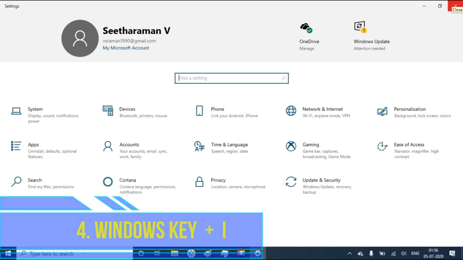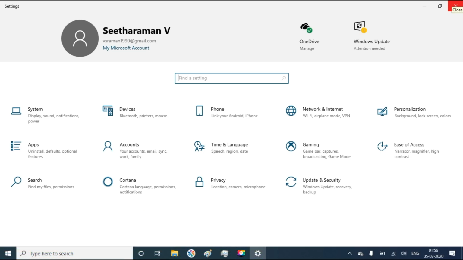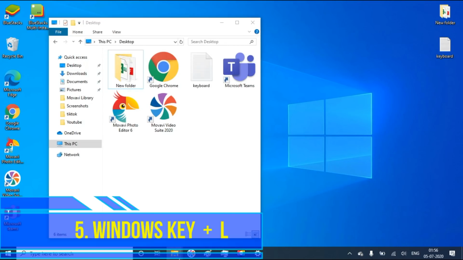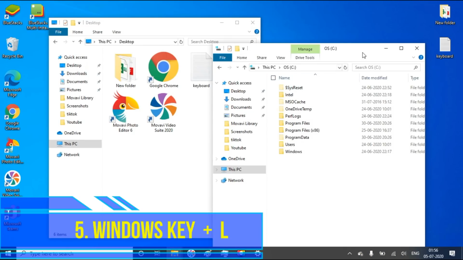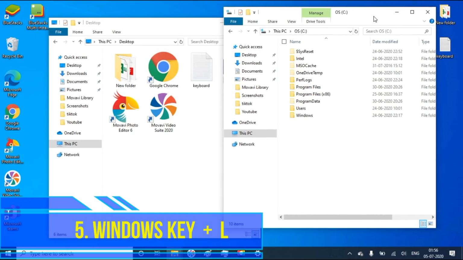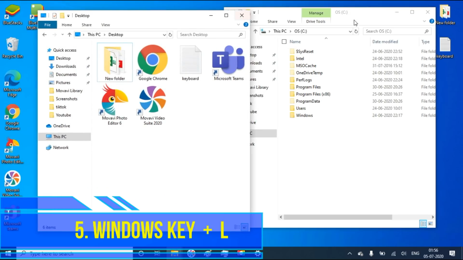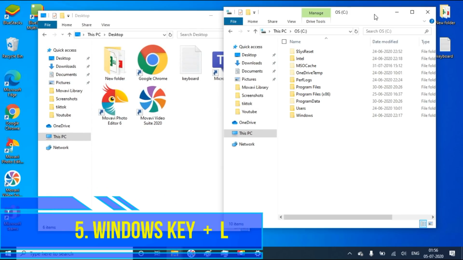And fifth one is how to lock the computer. Suppose you are running a lot of applications and you want to go out for an emergency temporarily, but you are keeping some download, others should not disturb this download. Otherwise you are running or compiling some code, so others should not disturb that particular application.